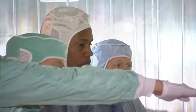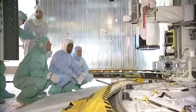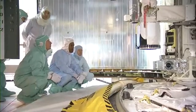Rotate which way? It'll be rotated like this, so that it gives me a few more inches, and the camera's going to be pointed in this direction so that,